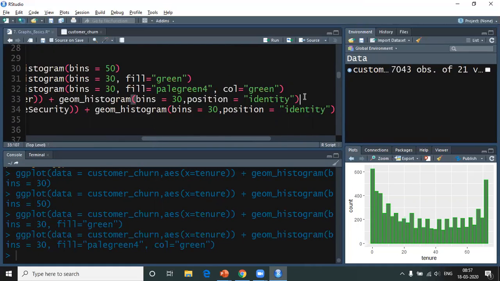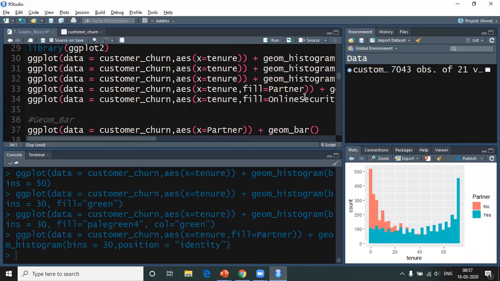So now let me hit this, and here it goes. I can now say that as long as my tenure is still 20 or 25, I have no partners. But once you see that, after 25, most of them are partners. Okay, so things like these also can be understood.